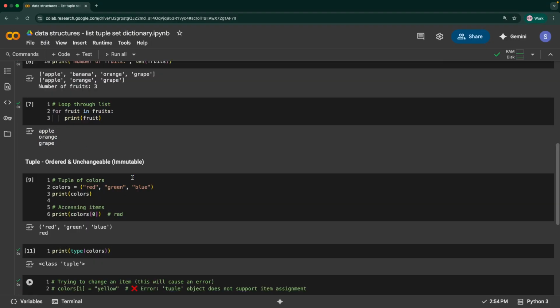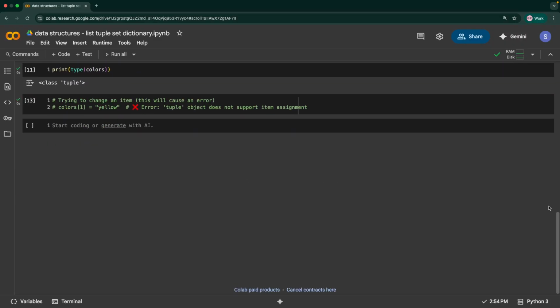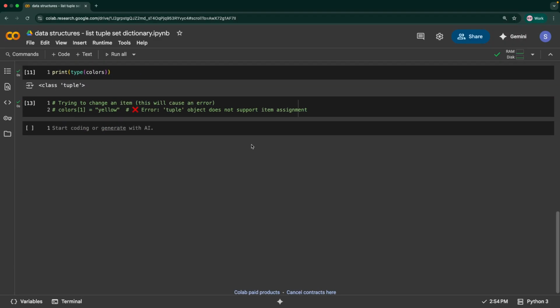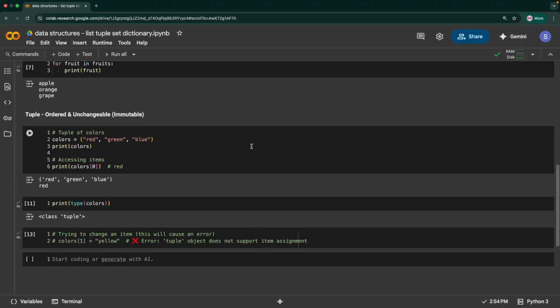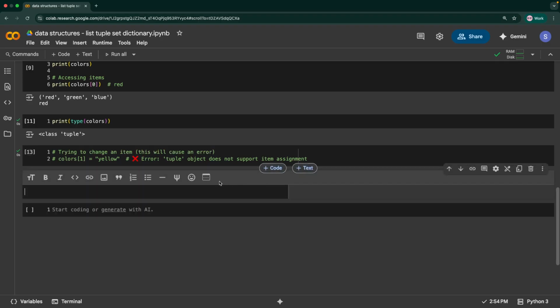This is what we have done, right? In the list it worked, but in the tuple it gives an error because, again, as I said, tuples are immutable. So the main takeaway here is that tuples are enclosed in parentheses, and once they are created, they cannot be modified, and they are useful when you want to protect data from accidental changes. So use tuples when the data should stay fixed, like days of the week or coordinates. These are fixed values, right? They shouldn't change. In those examples, you can use tuples.